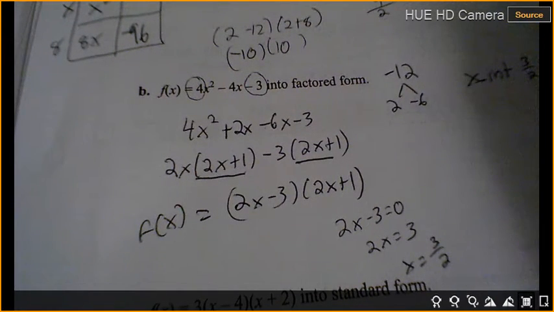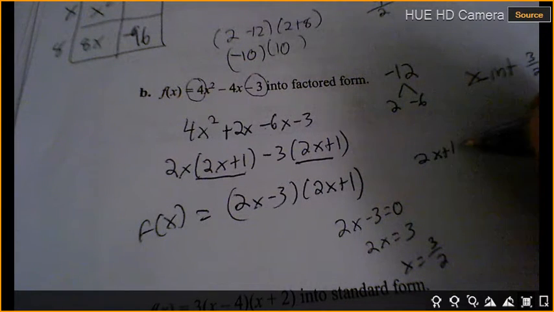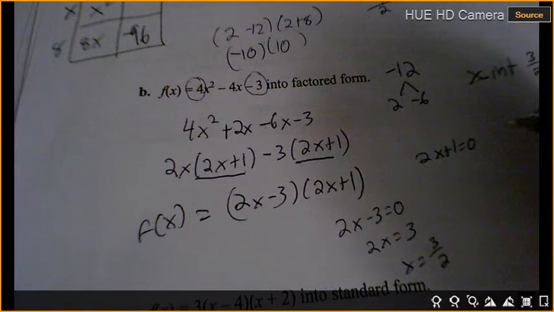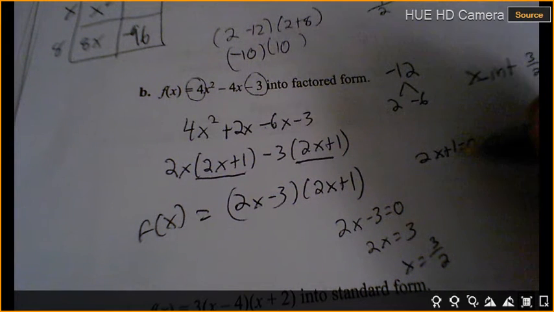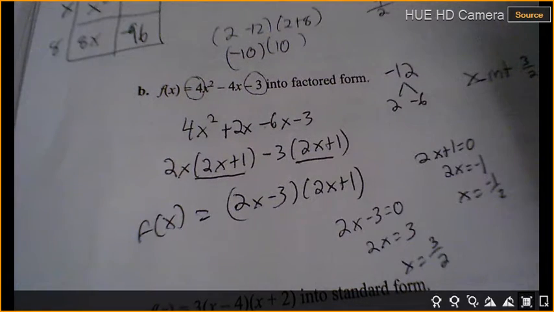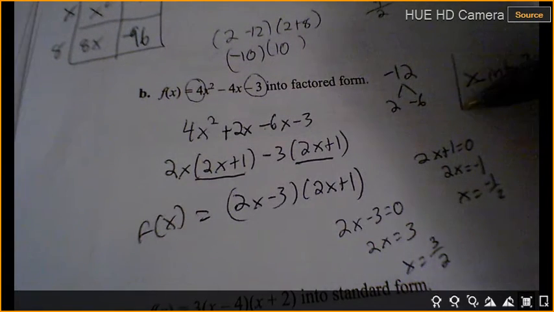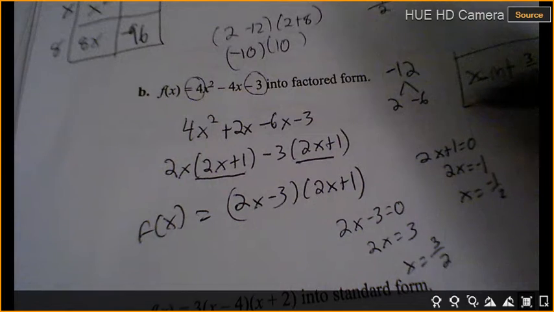And my other one, 2x plus 1 equals 0. I get 2x equals negative 1. So I get x equals negative 1/2. Okay. Now that's what I wanted to find, my x-intercepts, and now I'm going to find